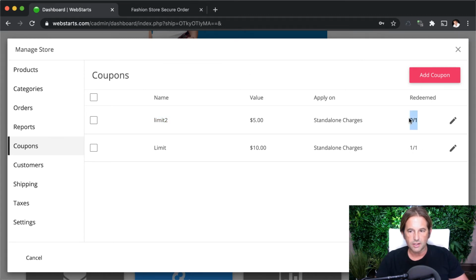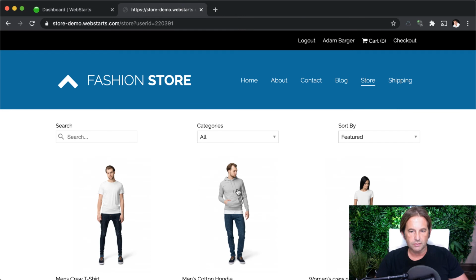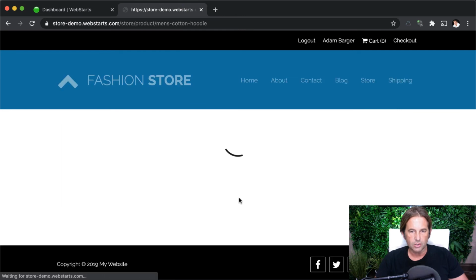and I can see here that I've not ever had anybody use the coupon because I made 1 available and 0 were redeemed. But if I click on that again, now you can see that 1 of the coupons was redeemed. And then also, if I go back to check out, let's say I just add an item to my cart one more time,